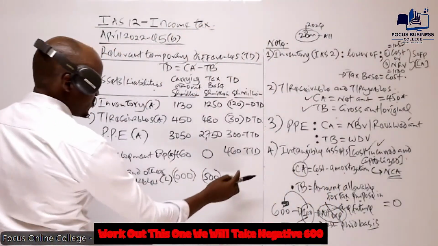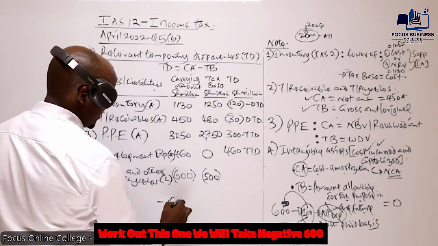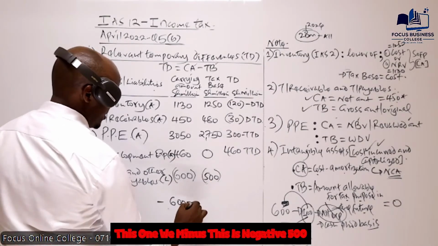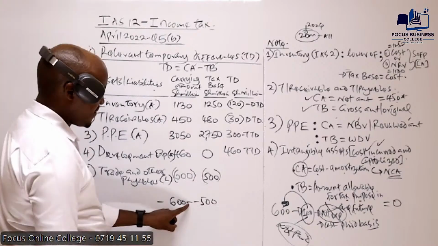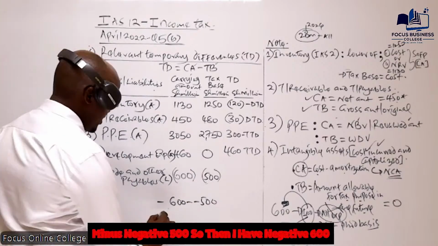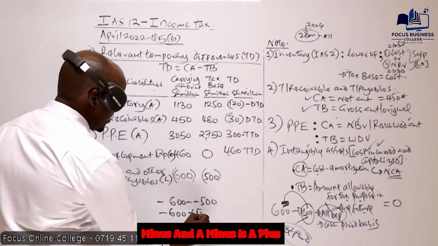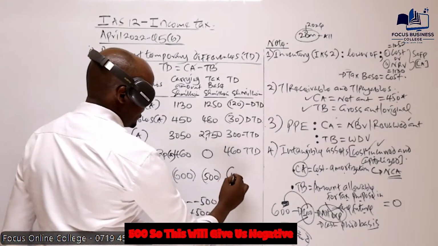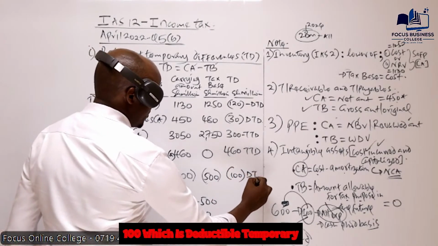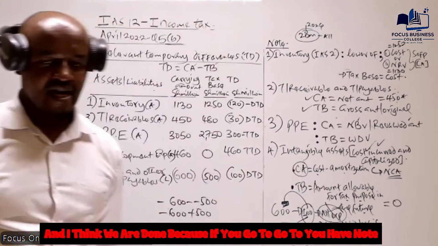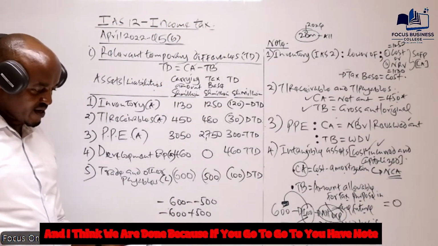So how do we work out this one? We will take negative 600 minus negative 500. So then I have negative 600 minus, and a minus is a plus 500. So this will give us negative 100, which is a deductible temporary difference. And I think we are done, because if we go to note number 6,